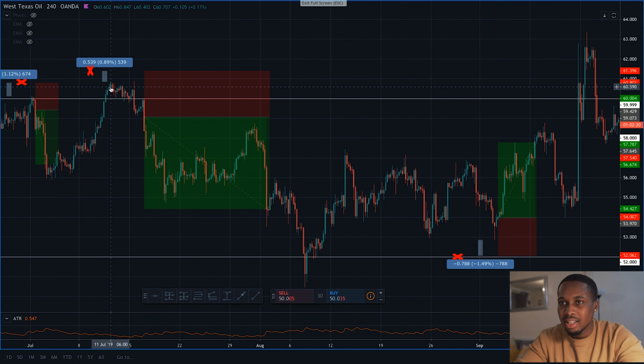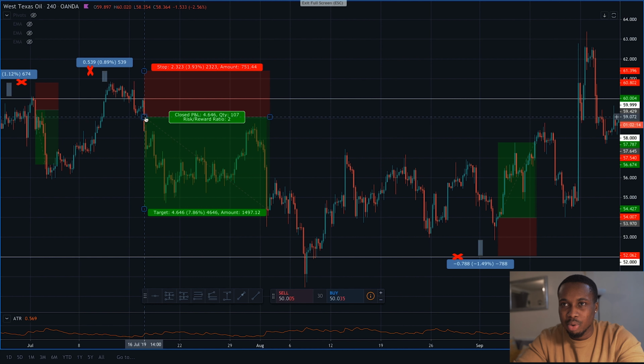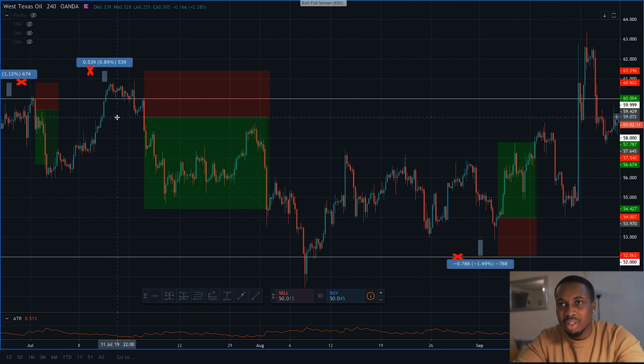So yeah, and again, we've got the tool right there. We calculated from the previous highs, which was around this side, 54. So around 54 pips up there. Enter the trade when we got a confirmation of a break, let's say, of the previous level. So you can see right when it broke,